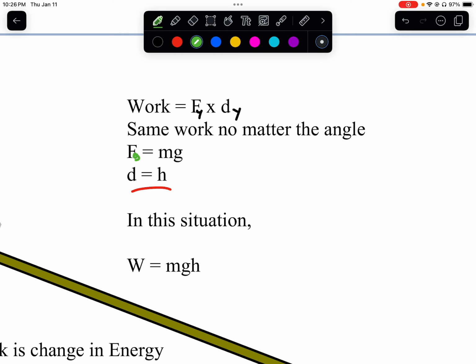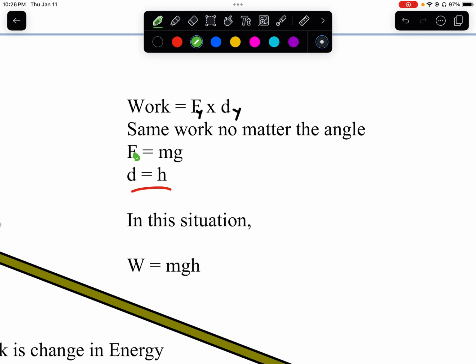Okay, so again, we're not going to accelerate it as we lift it. We're just going to provide just enough force to lift it straight up and move it along at a constant speed upwards. The amount of force that's required to do that is the force of gravity, or its weight. To put it in simple terms, if something weighs 100 pounds, then you need 100 pounds in order